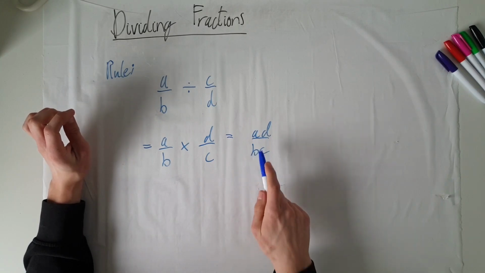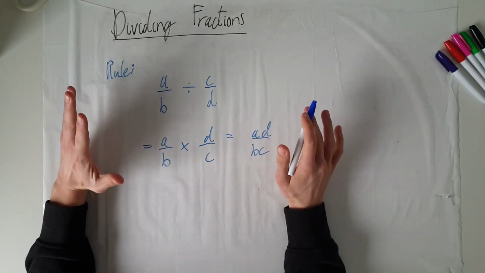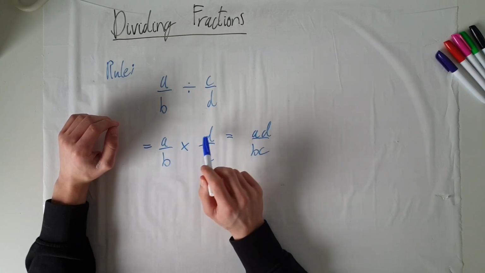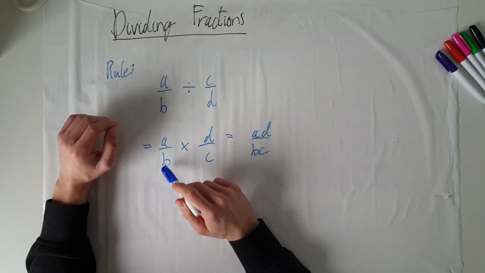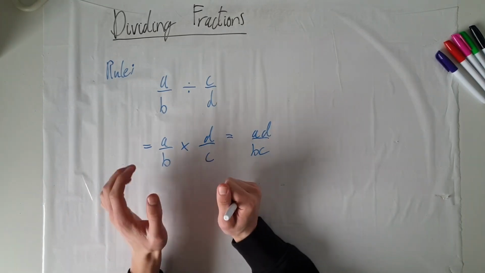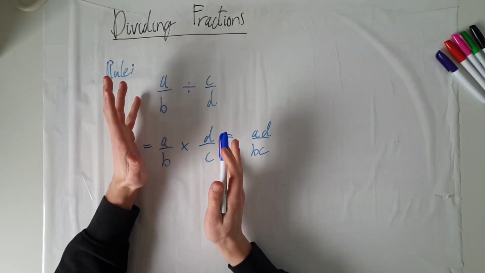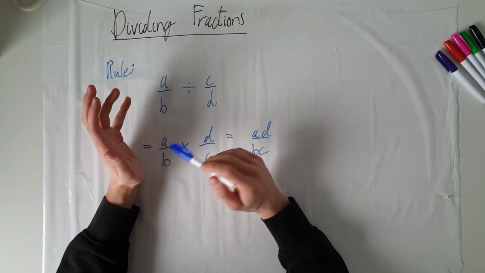And then from here this will give us AD over BC, because all we have to do is multiply top by top to give us AD, and then bottom by bottom to give us B times C. And that is it. That's all we have to do with dividing fractions. We just have to remember that we flip the fraction and then do top and top, bottom and bottom